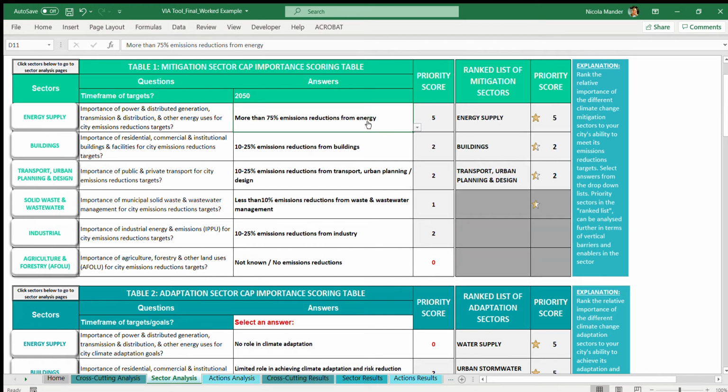The higher the importance of the sector is to the delivery of the city's emissions reductions targets, the higher the priority score, and the higher ranked the sector will be in the ranked list of sectors. What is quite important is